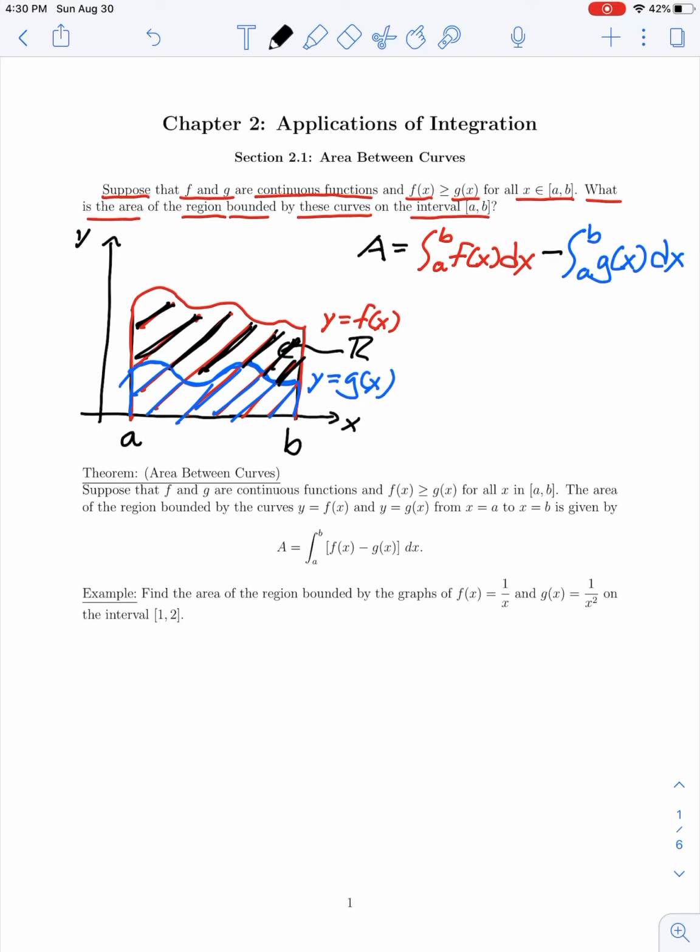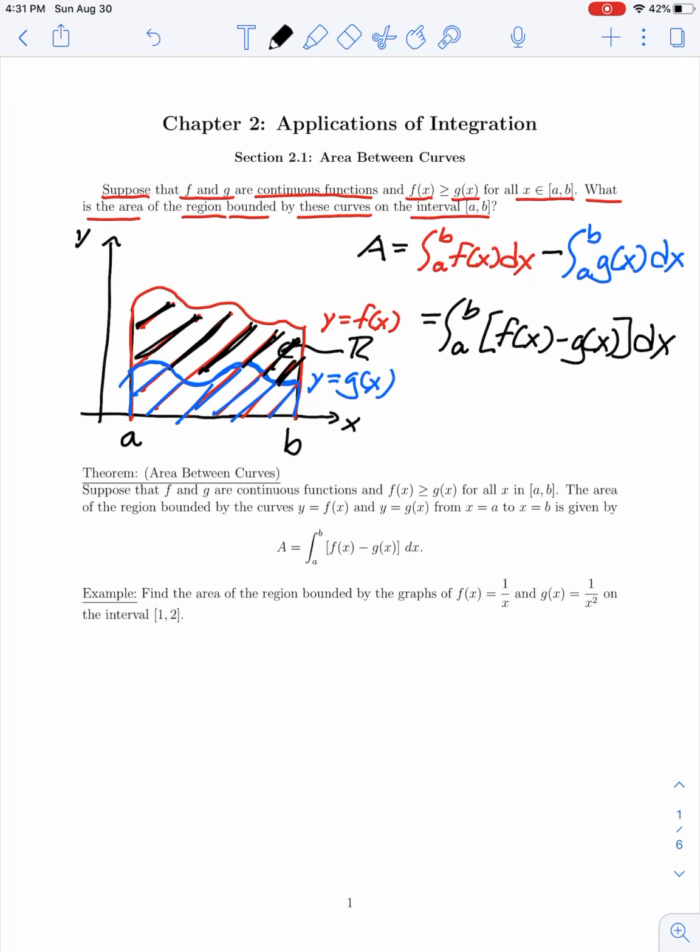Now, in order to simplify our formula for area between curves, we can use properties of definite integrals, namely that the integral of a difference of two functions over some common interval can be written as an integral of the difference of the two functions. So that is, we're going to look at the function f of x minus g of x and integrate that difference with respect to x over our interval from a to b. So one way to remember this is you're sort of taking the area under the larger curve or the upper curve and subtracting the area under the smaller curve,